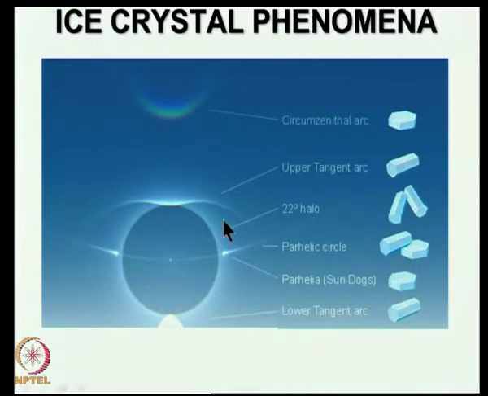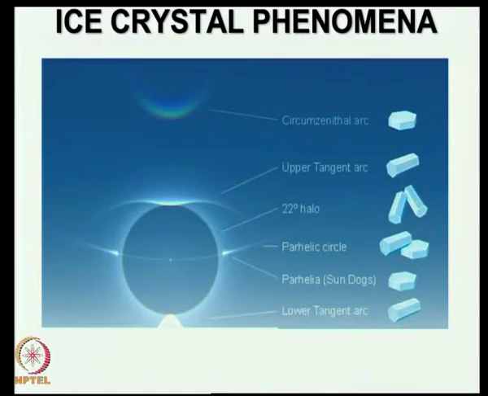And the other one is called the upper tangent arc, that is caused by solid, what you call bullets, and depending upon their orientation, horizontal, vertical, they can cause a 2-degree halo or a perihelic circle or perihelia or sundogs, which you will see later, and the lower tangent arc. So, all these phenomena that are marked here are caused by ice crystals here of different shapes and sizes and